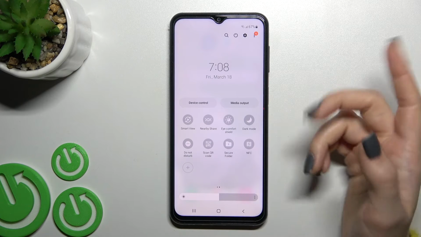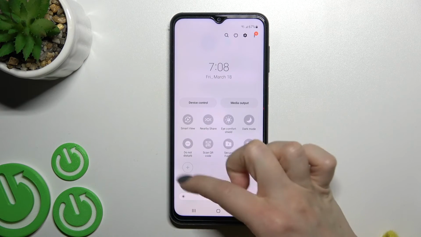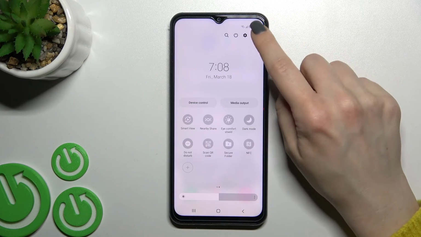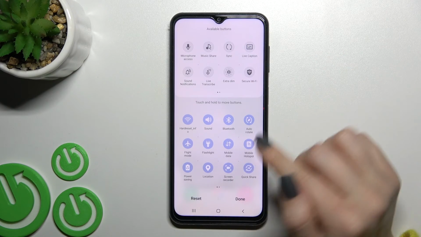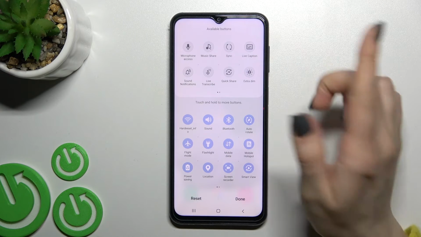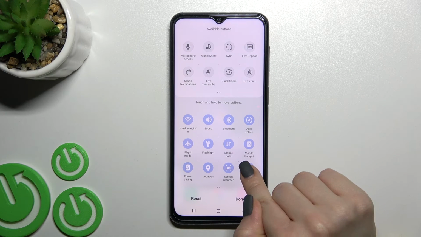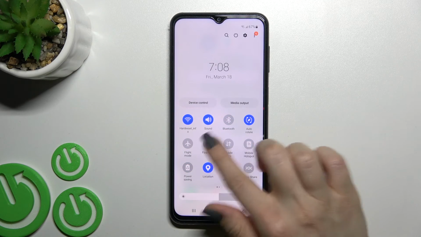And to remove some icons from here, in the same way you can click on the plus icon or on the three dots and choose Edit buttons. And in the same way we can remove, for example, the Quick Share icon: hold it and drag it up to this section. We can also remove Smart View, then click OK, and you will